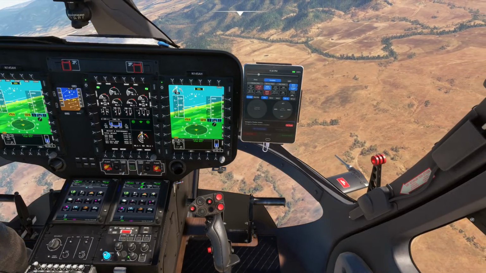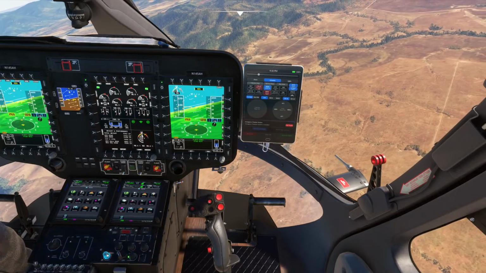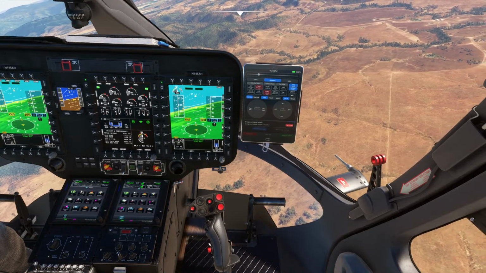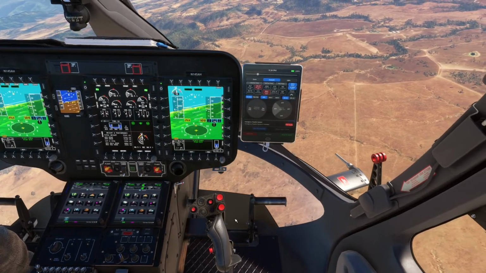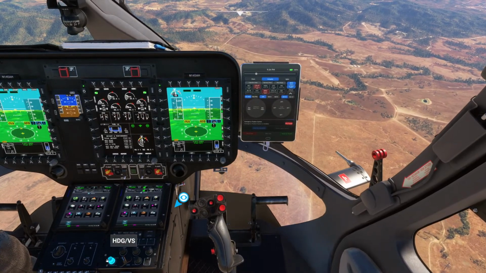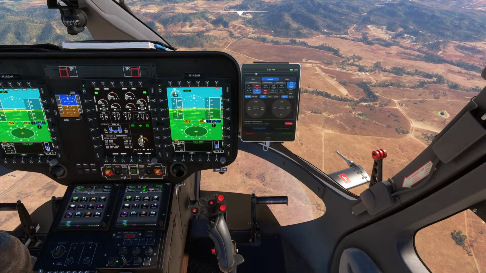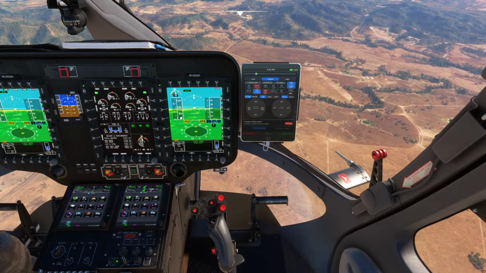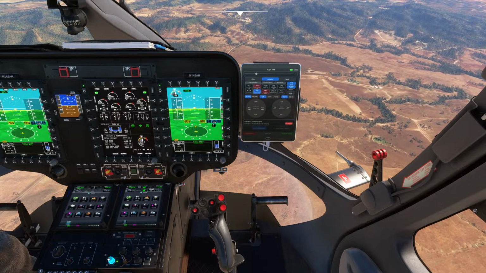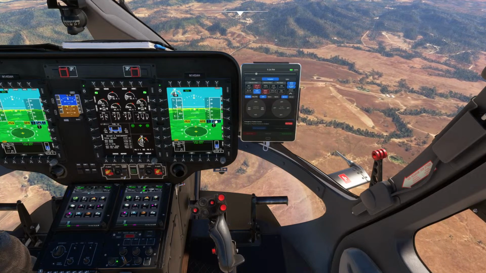Alright, so right here, on the other side of this butterfly right here, is you can go straight into vertical speed mode. So let me get rid of heading mode and level the wings. So fine gauge vertical speed mode right there, it's showing vertical speed on the collective. Now my collective is no longer mine. I can either turn this to change my vertical speed, and you see the bug coming down right there, and